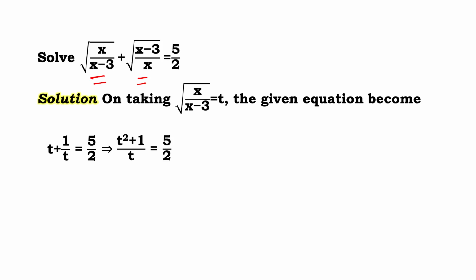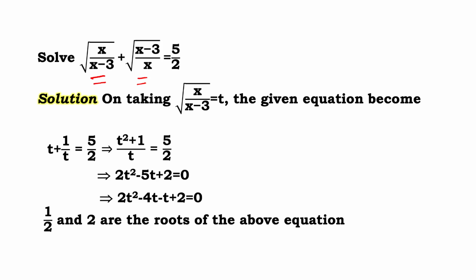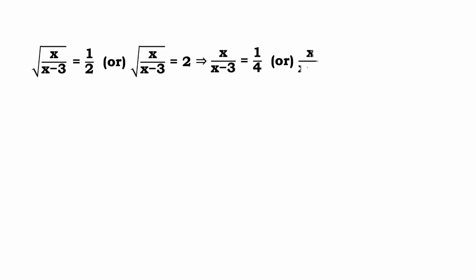Now the only part you have to solve carefully, right? Then you will get two values of t, one is half and the other is 2, but the t was under root of x upon x minus 3. Solve both the equations for 2 and half, right? You have to solve till the last, otherwise the values may or may not satisfy. So